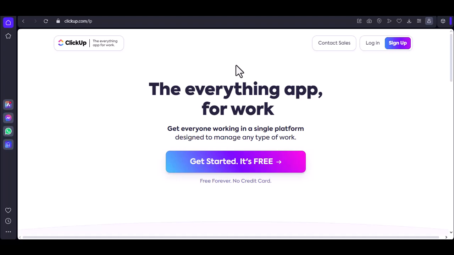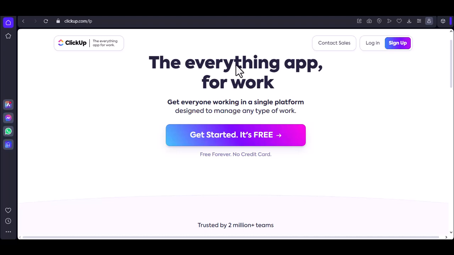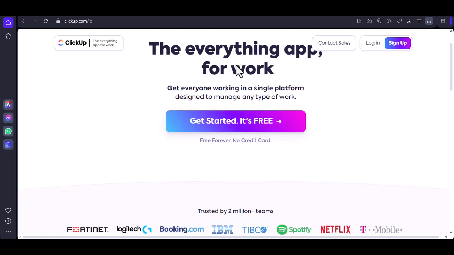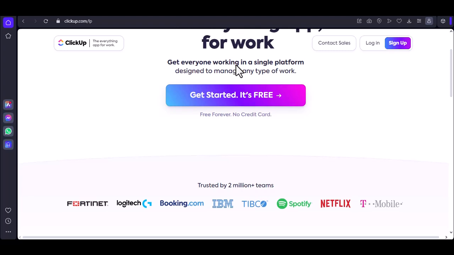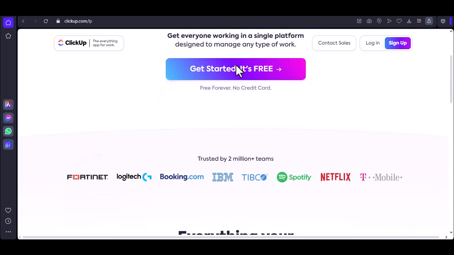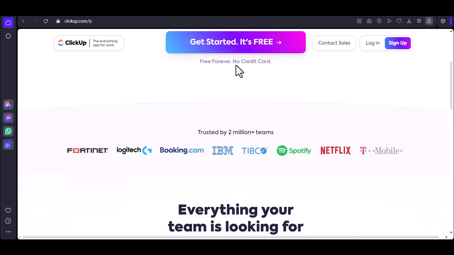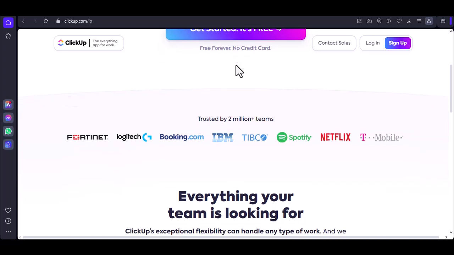Imagine you're in a bustling city, surrounded by millions of people. You need to find a specific person, but you only have their name. How would you do it? That's the challenge you face when working in ClickUp, especially in large teams or complex projects. But don't worry, today we're going to dive deep into the various methods you can use to find people efficiently